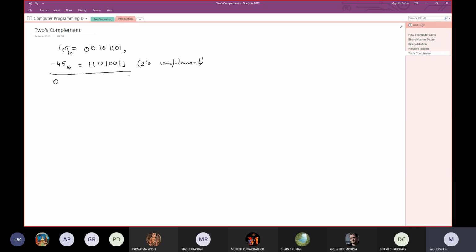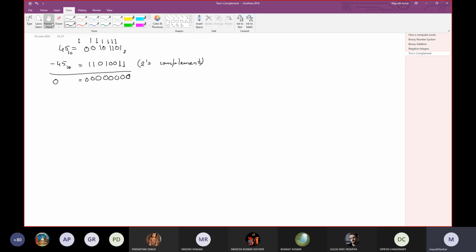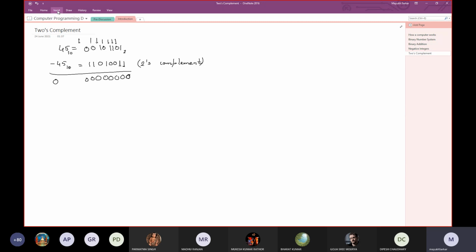And we'll see 1 1 0. So a 1 will be carried here. 1 1 0 again. So another 1 will be a carry here. 1 1 0 again. Another 1 will be a carry here. 1 1 0. Then 0 again. And if we continue this addition, we will get all zeros and there will be a carry here, right? And that carry will come down here.